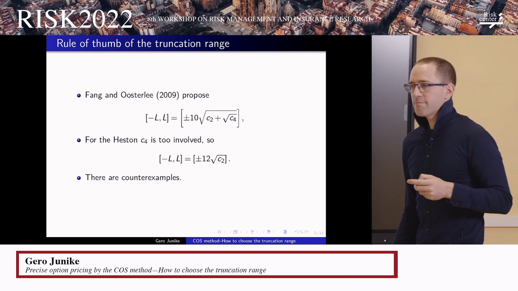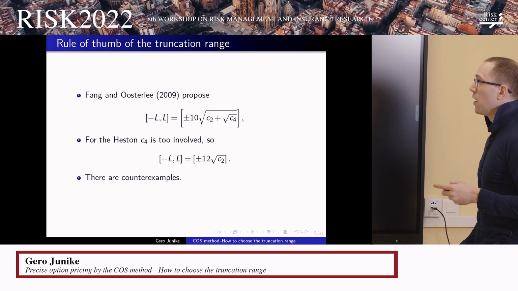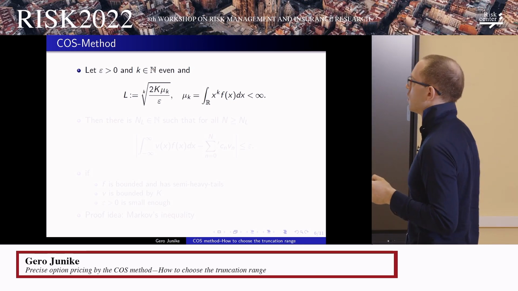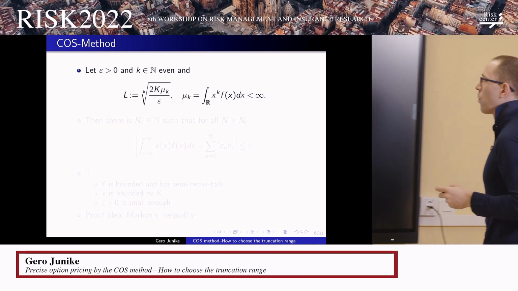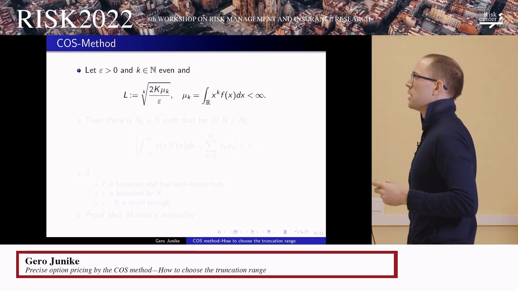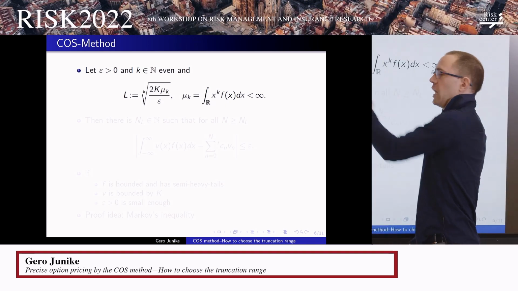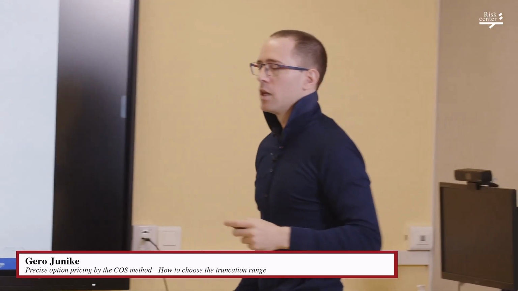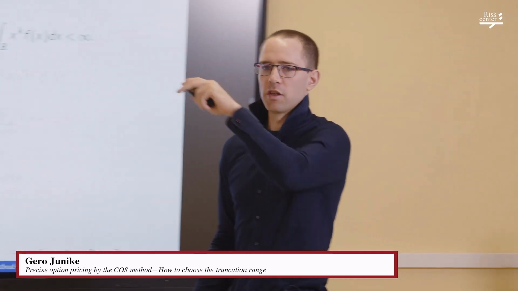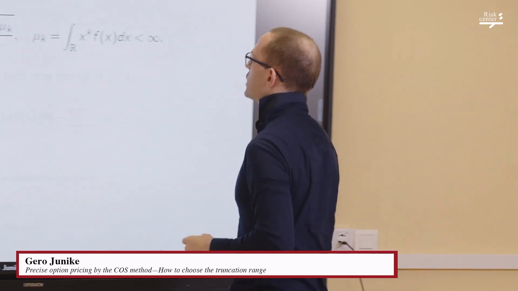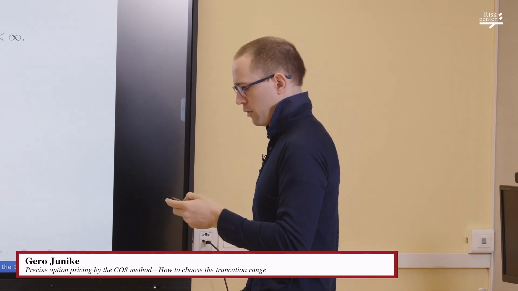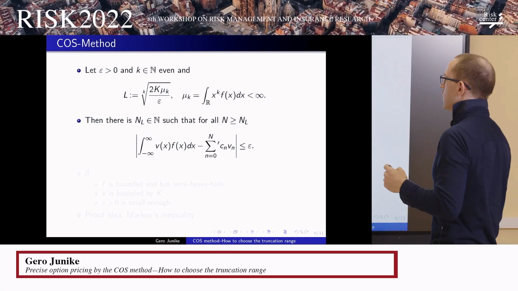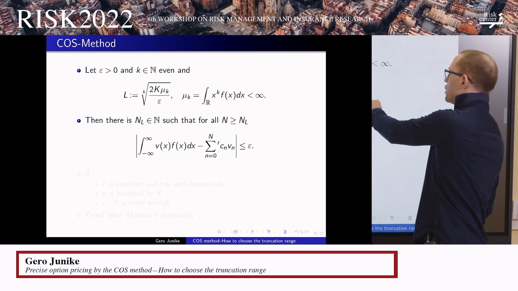But there are counterexamples where the rule of thumb does not work. And in this talk, we will find an L such that the COS method provably works. So let epsilon be some error tolerance, and let k be an even natural number. Then we define L by the kth root of 2 capital K times mu_k divided by epsilon, where capital K is just the strike of the put option, and mu_k is the kth moment of the density. Then we can show that there is a natural number N_L such that for all natural numbers n which are greater or equal to N_L,